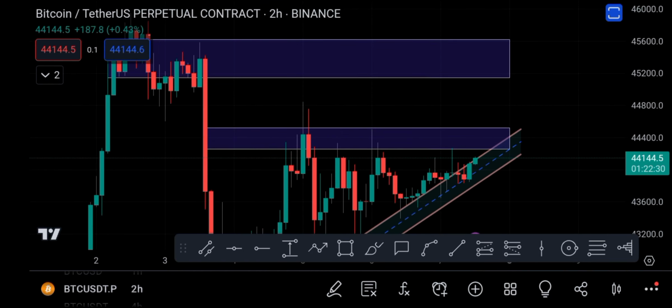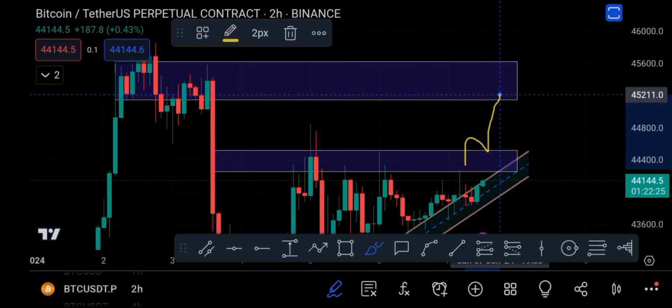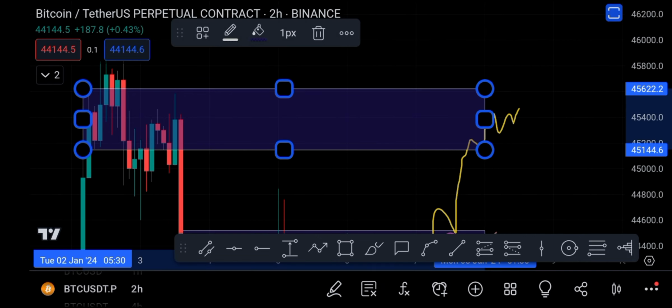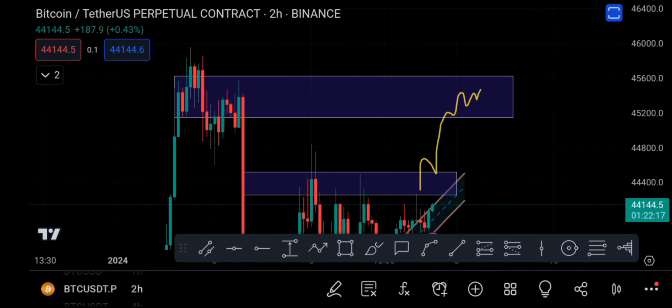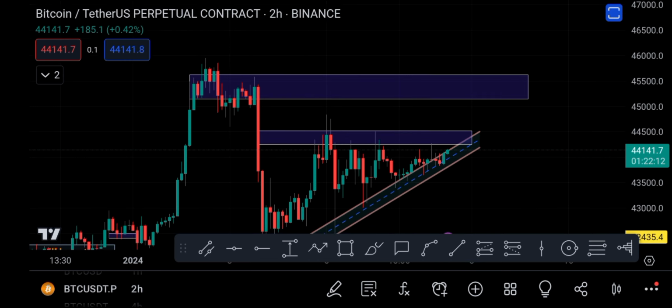And if the price breaks on the upper side, I would like to wait and see what happens when the price reaches the 45,200 level, and what the price does with this type of movement, because this is actually a resistance zone. I would like to see what the price does when it reaches over here. And then I will finally conclude what I think and where the price is likely heading towards,